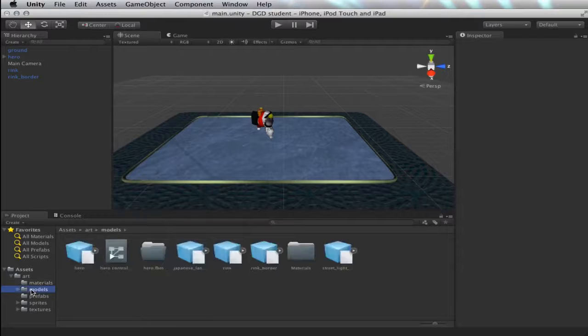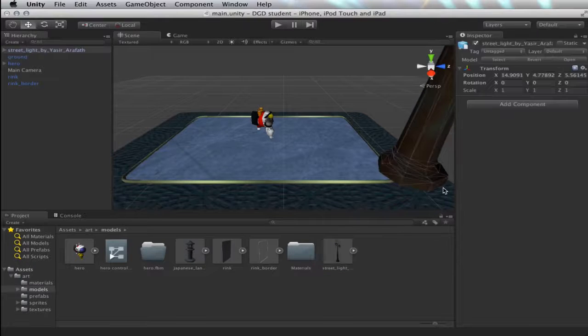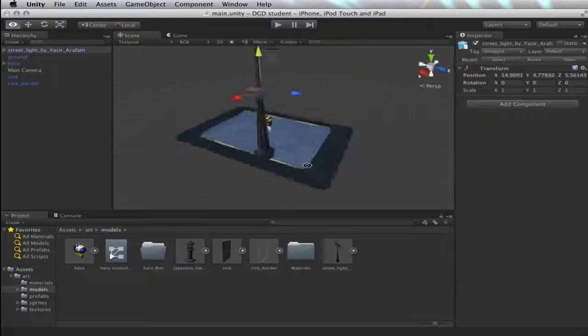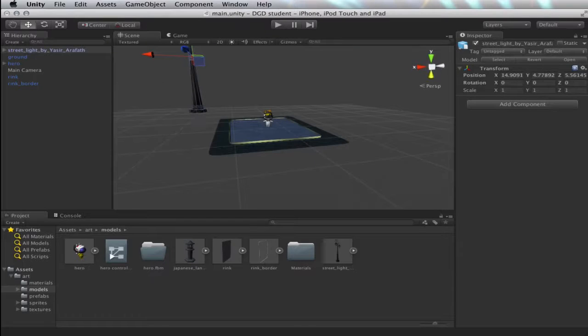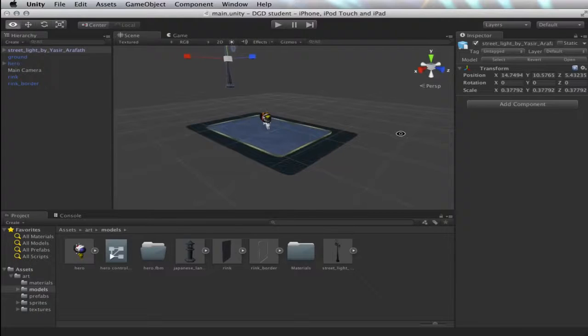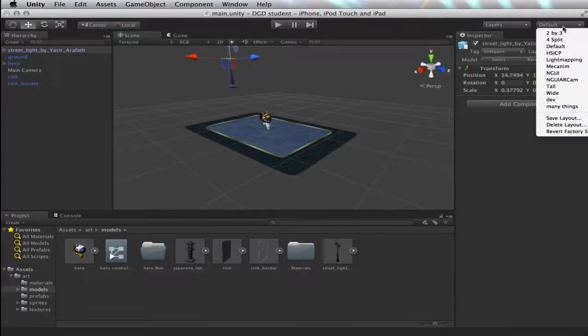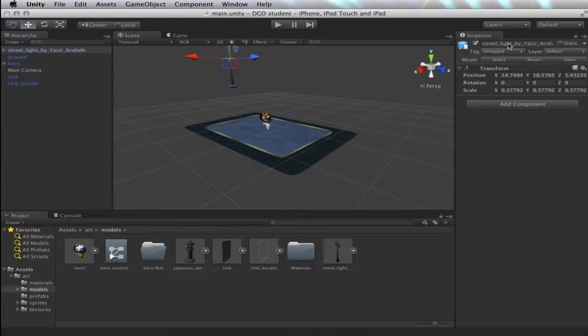Moving on, back into the models folder. Moving on, we're going to be dragging in these street lights. Just go ahead and grab them, move them. These are probably going to be a little bit too large for what we're looking for. And just go ahead and scale them down so you get more of a proportionate look. Where is our 4x4 split